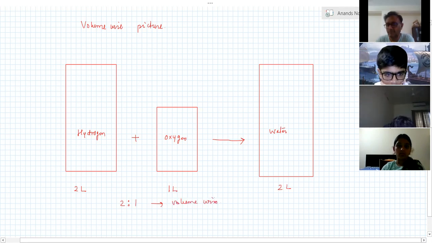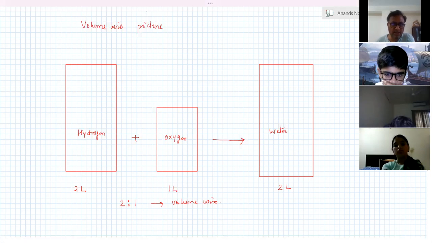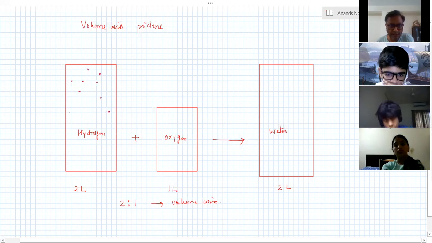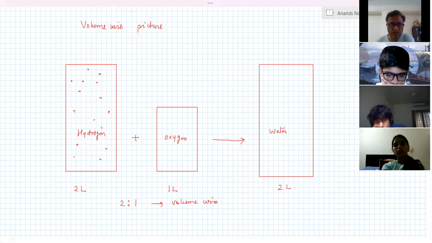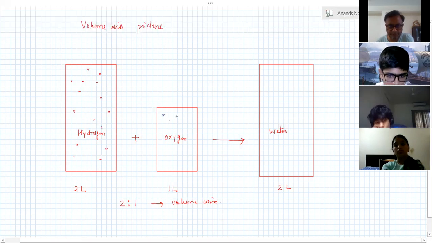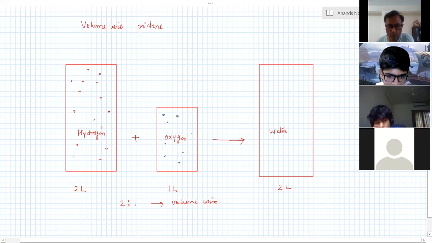Are you following this, guys? Yes, sir. What you can do is imagine a cylinder. Hydrogen can be put in some cylinder. So imagine this is like a 2-liter Pepsi bottle filled with hydrogen. And this is oxygen; for oxygen, you only have to take a 1-liter Pepsi bottle. Hold on, let me just complete. You combine them, you're getting water, and this water is again filling a 2-liter Pepsi bottle. In fact, it's not water, it is going to be steam.